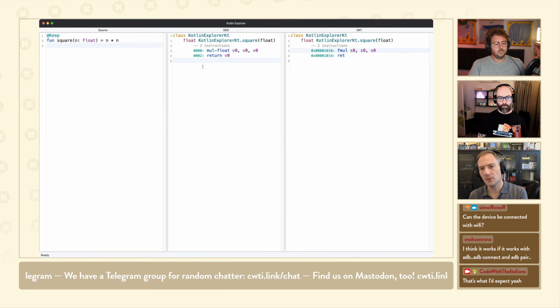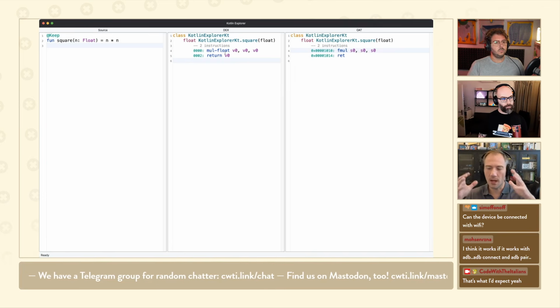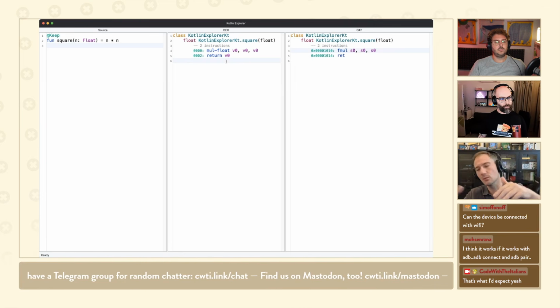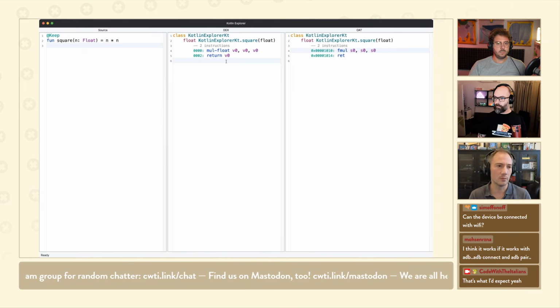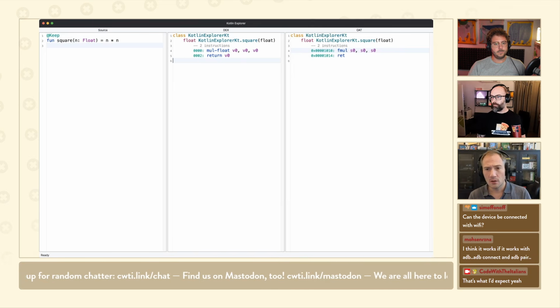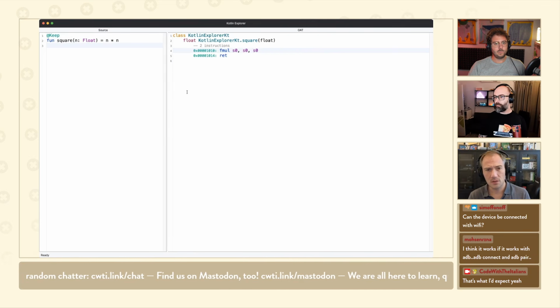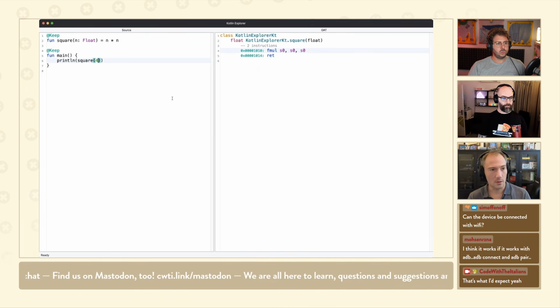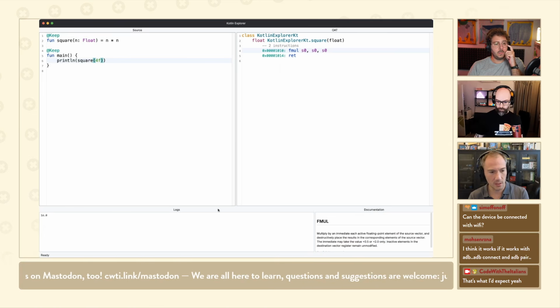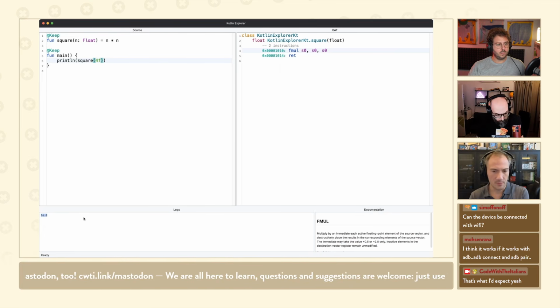So looking at the DEX can be helpful to get a better high-level understanding of what the code is doing. And then when you look at the ARM assembly code, you can kind of guess at some of the operations. But we'll get back to that. One last thing, if you want to test locally, if you add a main function, you can run the code. That's going to run on your machine, on your desktop. You're going to get the output at the bottom. This is also where you're going to get the compilation errors.